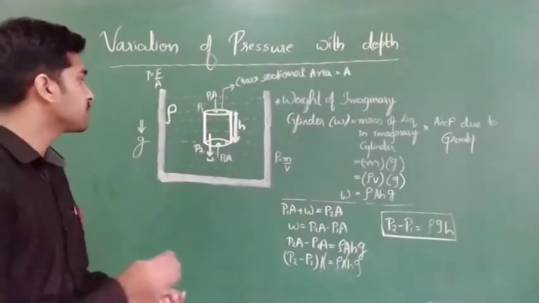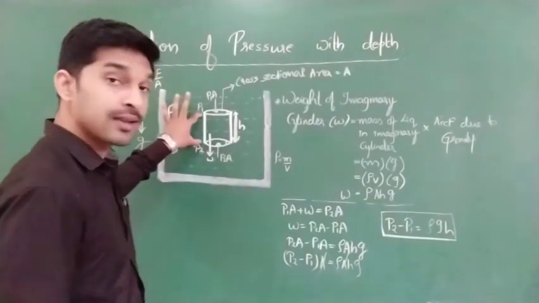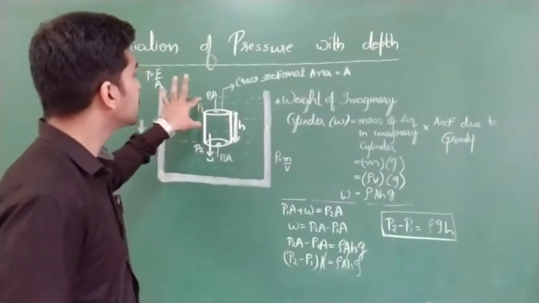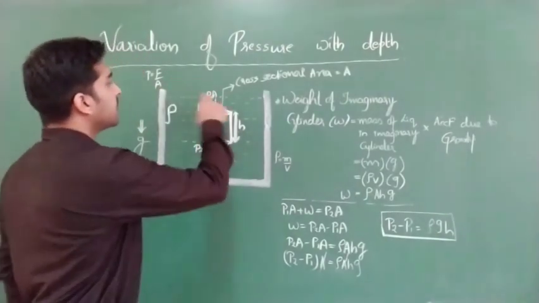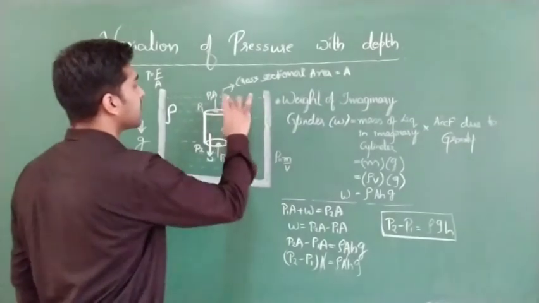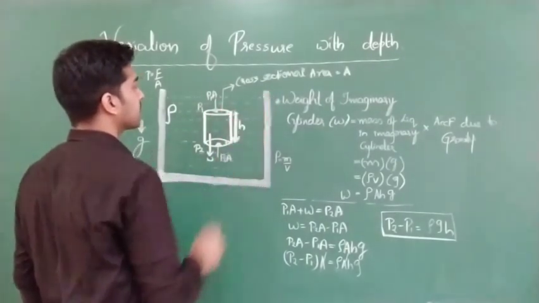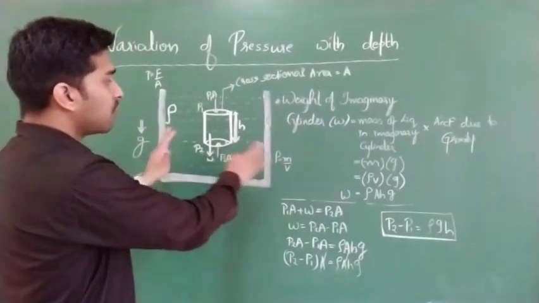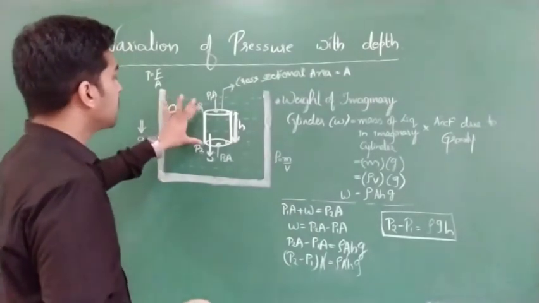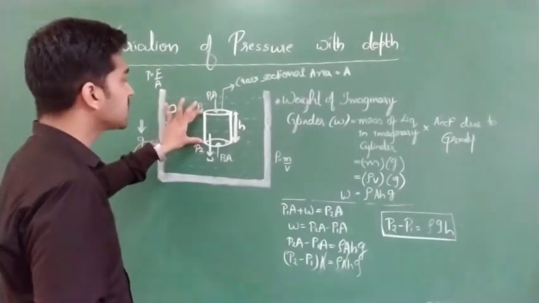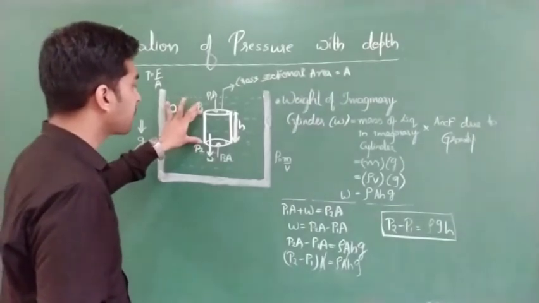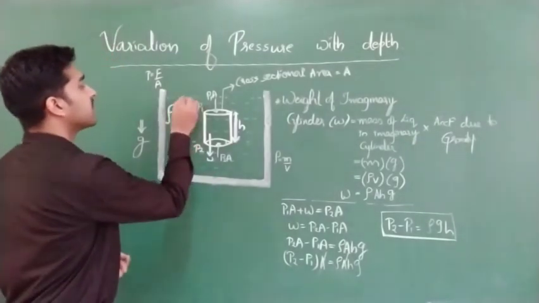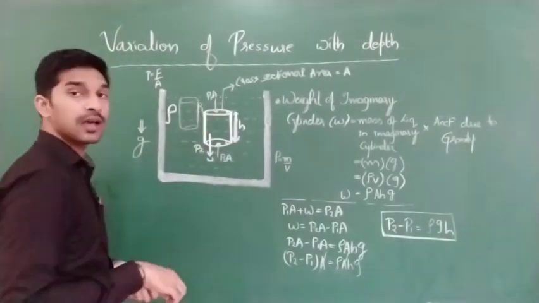Now assume this complete cylinder, I am shifting it completely. Let us treat this as the first layer. The process we followed till now considered the cylinder inside this liquid. Now this complete cylinder we are keeping in this manner, shifting it in this manner. Clear? Are you all getting?